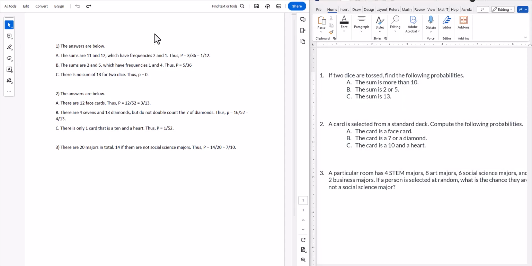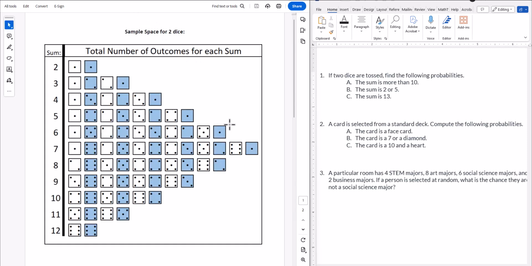Hi, in this problem, I will review how to go over some general probabilities. We begin with the first question. It states, if two dice are tossed, find the following probabilities. The sum is more than 10. The sum is 2 or 5. The sum is 13. So to work this out, I like to look at the